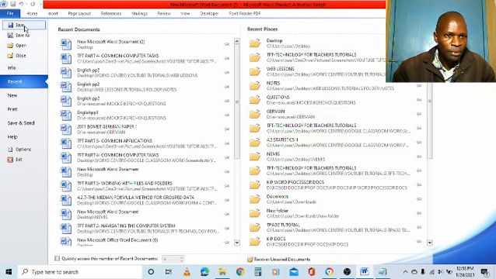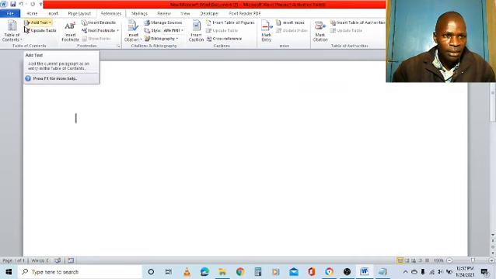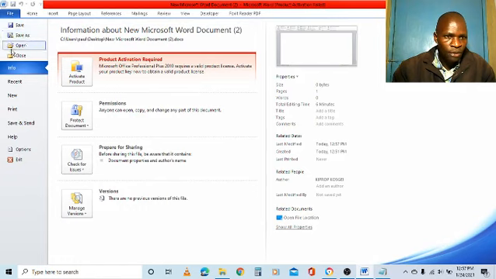If you want to save, you click save here. If you want to close, you click close here. If you want to print a particular file, you click here. If you want to exit the application, you will click here.